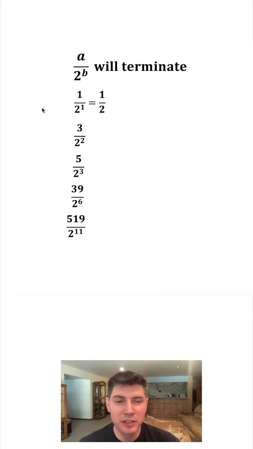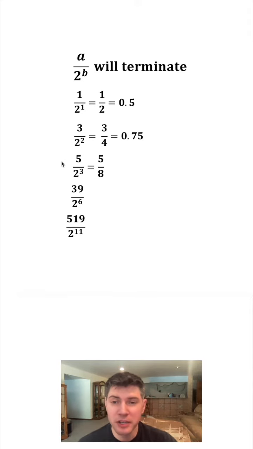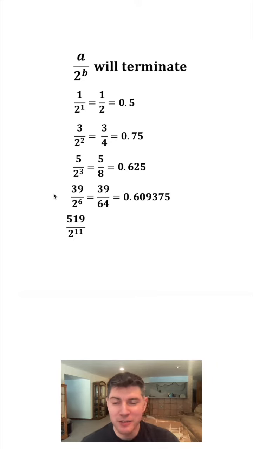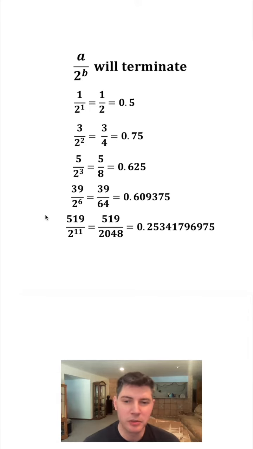1 over 2 to the 1 is 1/2, and that's 0.5. 3 over 2 to the 2 is 3/4, which is 0.75. 5 over 2 to the 3 is 5/8, which is 0.625. 39 over 2 to the 6, everybody knows that's 39 over 64, and that's equal to 0.609375. And then 519 over 2 to the 11, that's 519 over 2048, and that's equal to